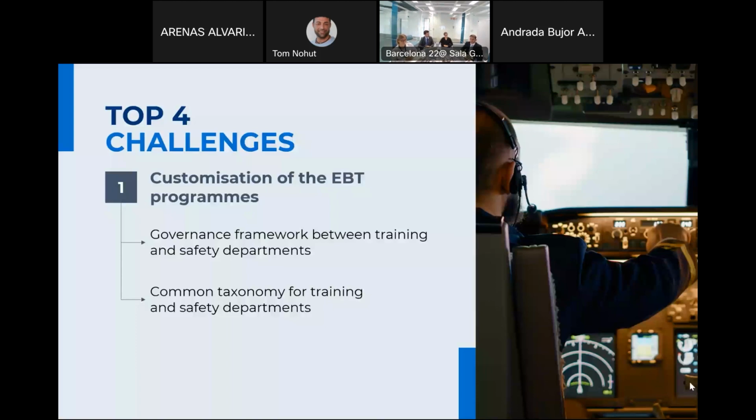So an aspect, as we were saying, that could help a lot is that the data coming from the safety department is then provided with that mapping to the competencies and behaviors used in training. So in that way, the communication would be for sure smoother, and for the training department, it will also be easier to identify which training topics can contribute to mitigate the risks that are identified and shared by the safety